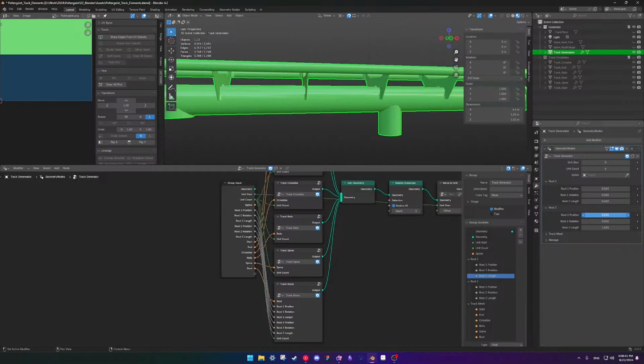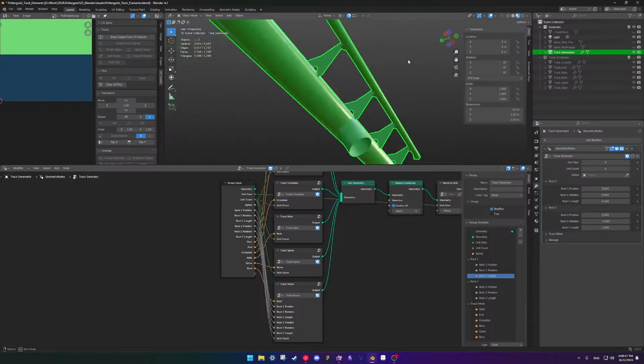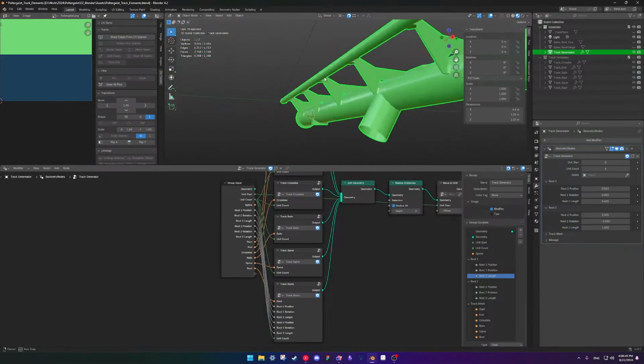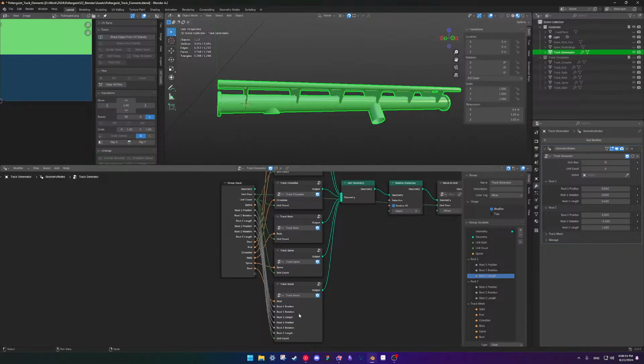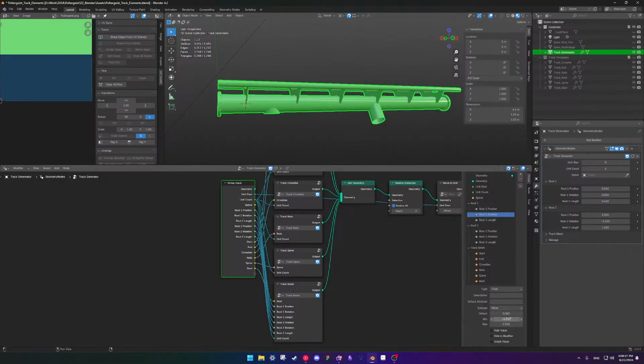So I'm going to move this here, rotation. And then the rotation I'm going to change to be 0.6. And then 0.6.